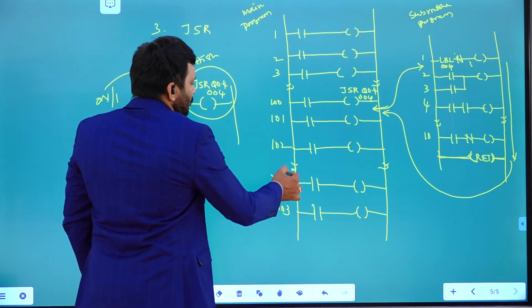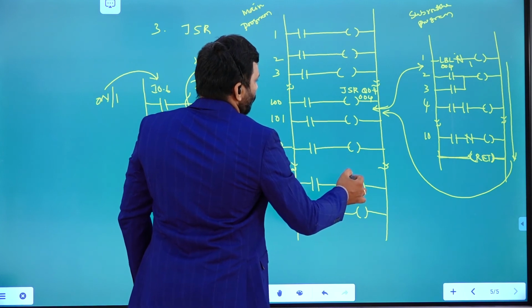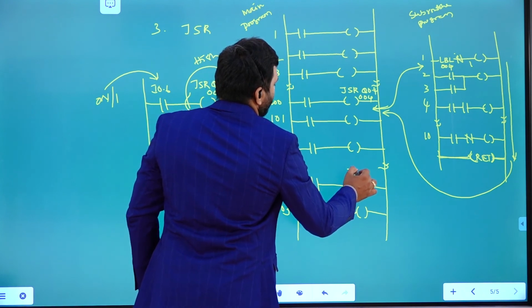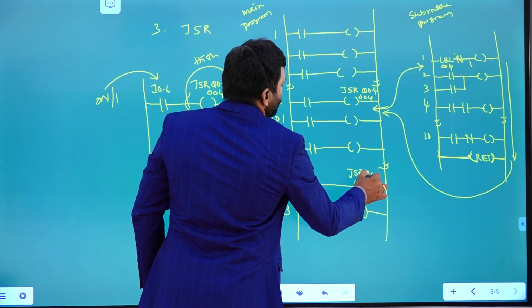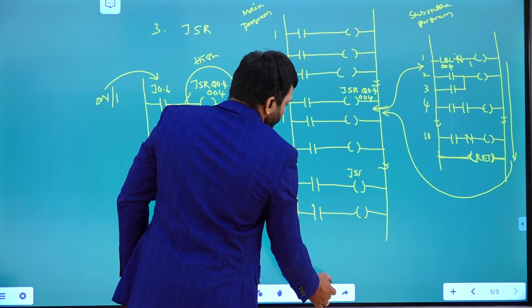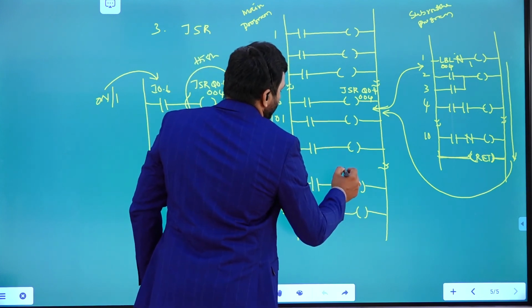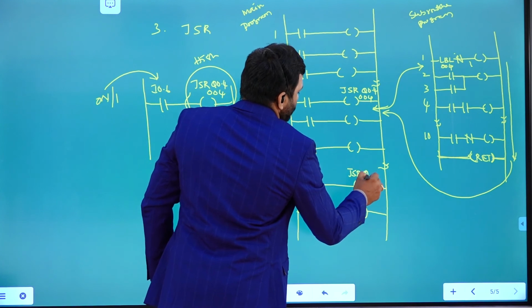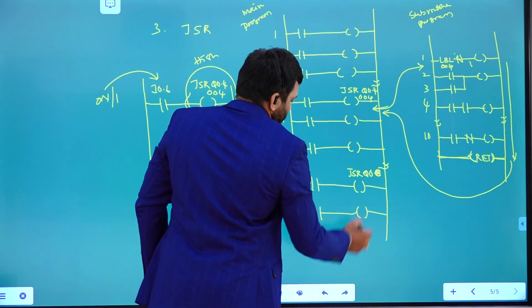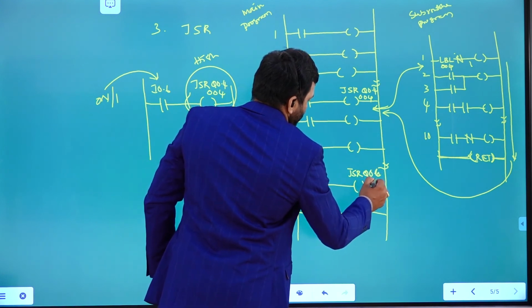Somewhere after execution of the 301 instruction, for example, here it may be written like this: jump subroutine Q 0.6, label 004, for example.